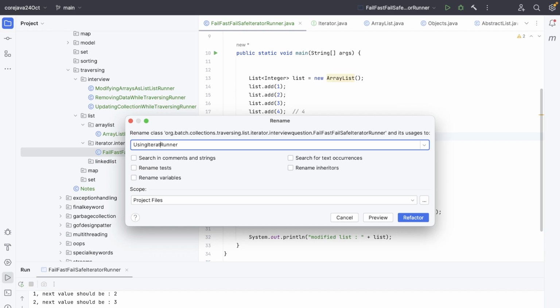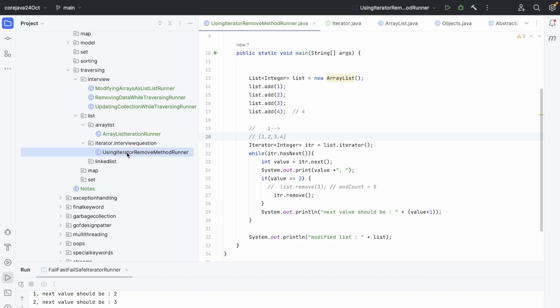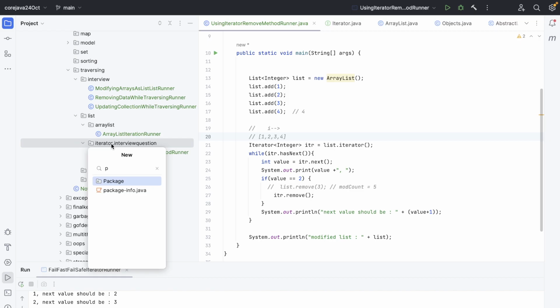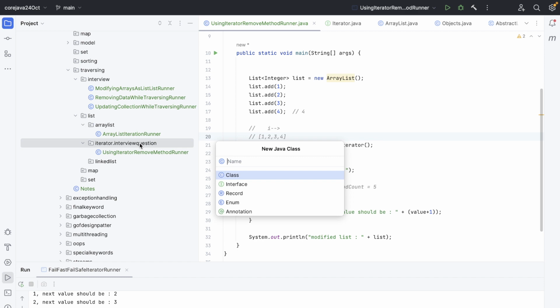Using iterator remove method. All right, this is not an interview question, we can put it in the basic part. Okay, this is an interview question, but okay, cool, let's keep it here only. So now let's see fail safe